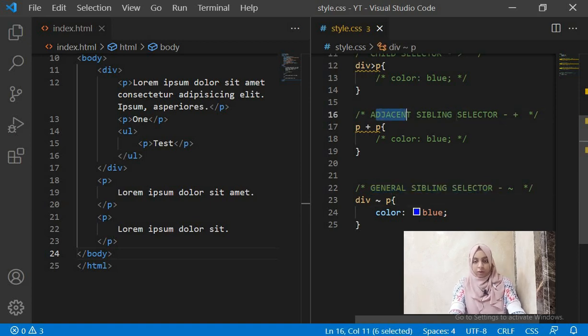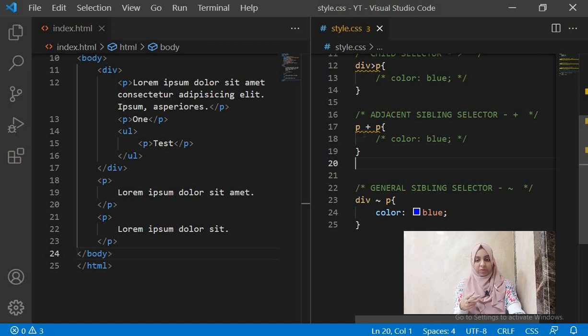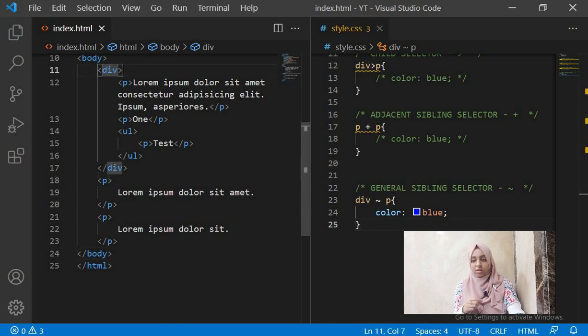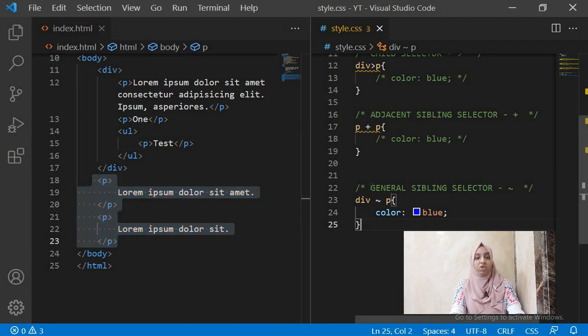The previous one was the adjacent sibling selector, meaning it selected an element just adjacent to the previous element. But here it says general sibling selector. So what do you think it will do? It will select all the elements which are the siblings of our previous element. Here we have the div, so it will select all the elements which are its siblings. That's the reason it's called the general sibling selector.